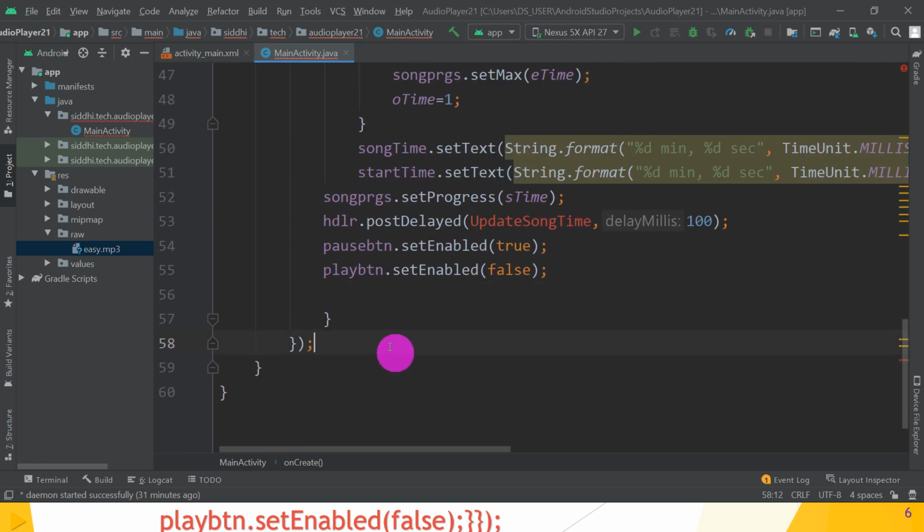Now it's time to write first the runnable, okay, and after that code for the pause button. So first we have to write for runnable.